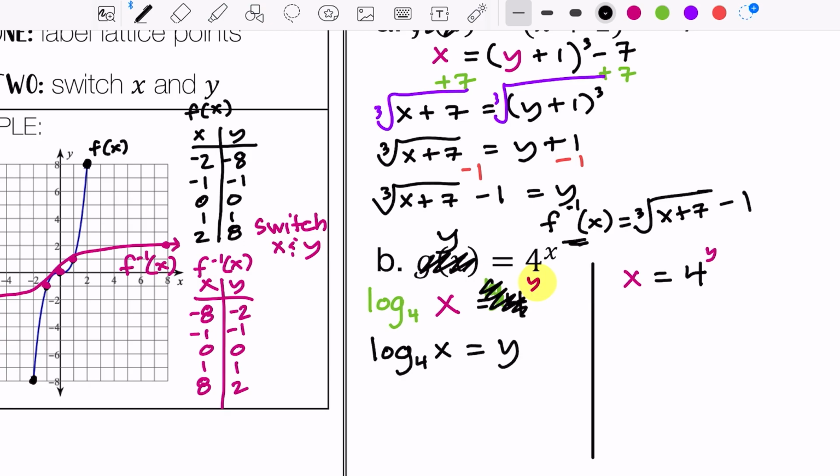And you're like, am I done? How do I know if I'm done? Remember, you have to solve for y. This y is by itself, so the only other thing I need to do is change it back to function notation. And if you can see, I already made a mistake there because they didn't name my function f, they named it g. So I need to be careful with that